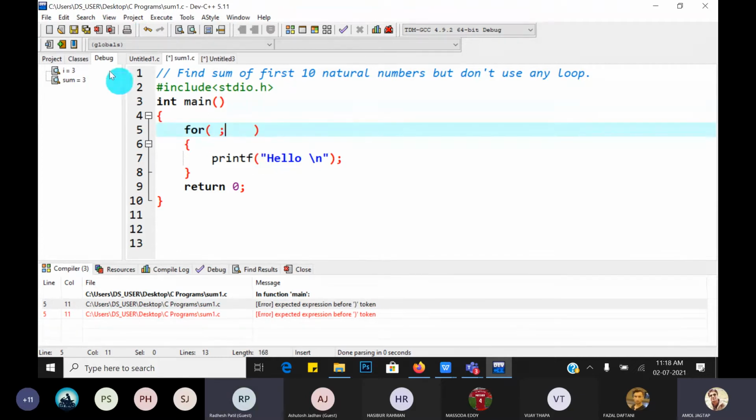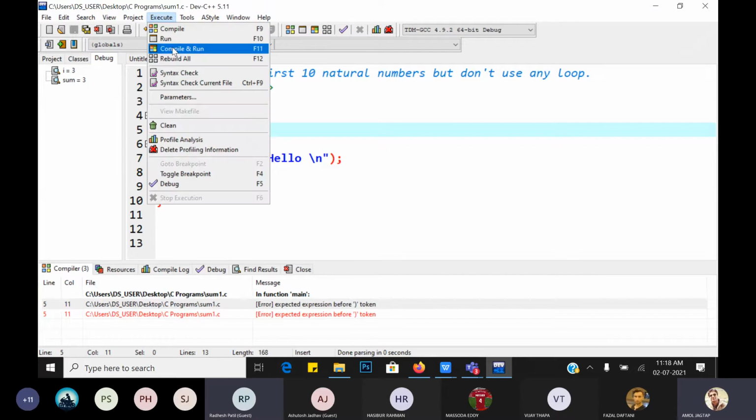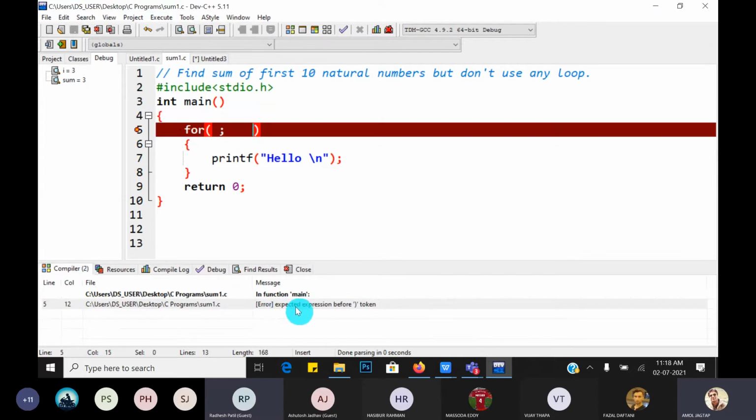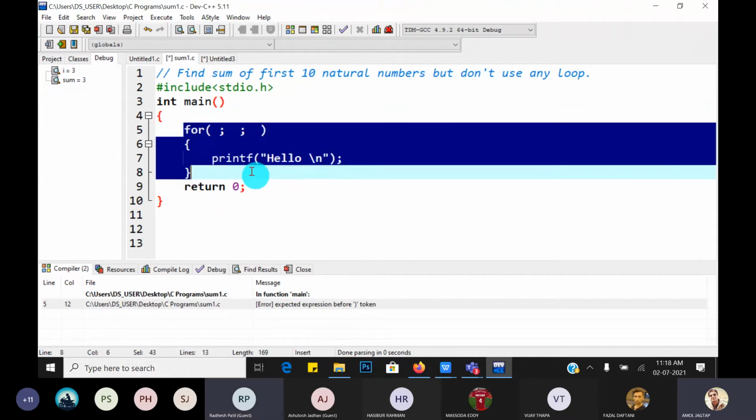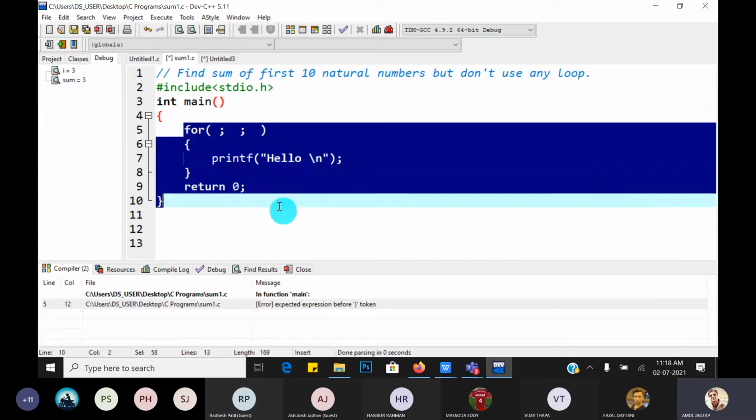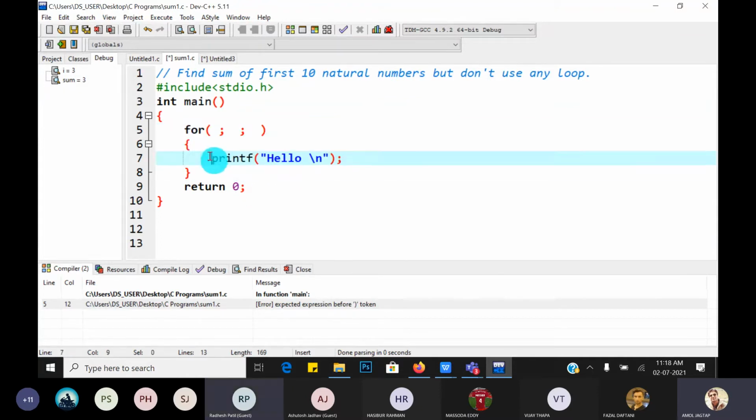If there is only one semicolon, it also gives the error. That means how many times are semicolons required? 2 times. That is the syntax. So I have always told you that you have to write syntactically correct code, then decide the body of that loop, and then decide the conditions. Understood, guys? In this way we have to solve the problems. We'll take an example of how to solve problems, but I hope you understand.